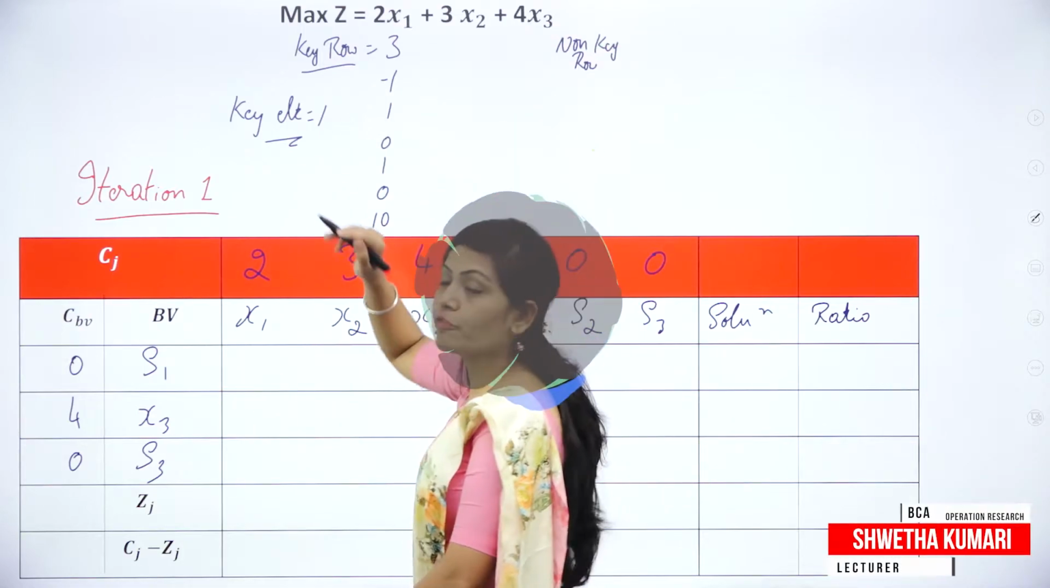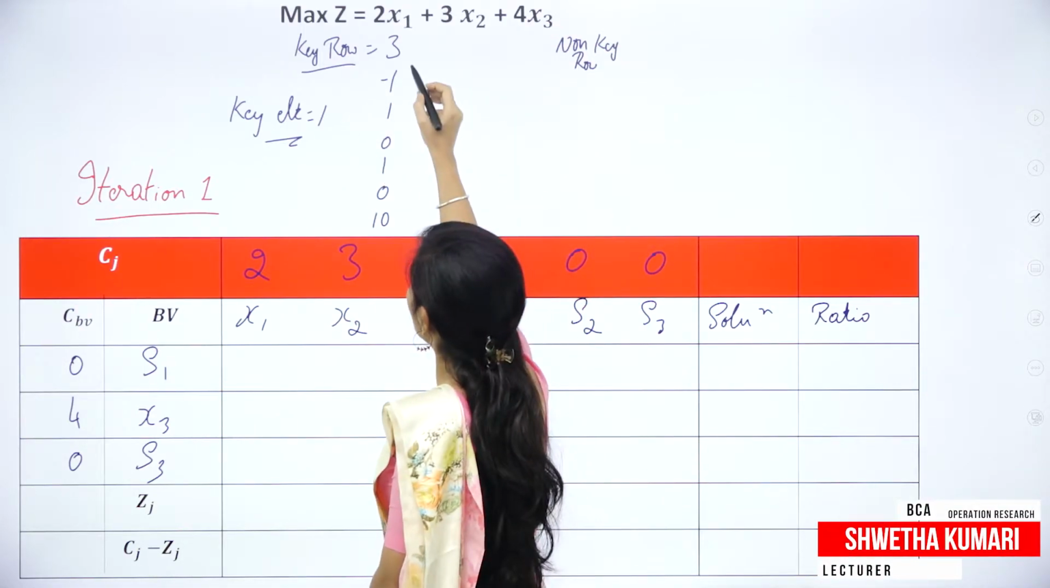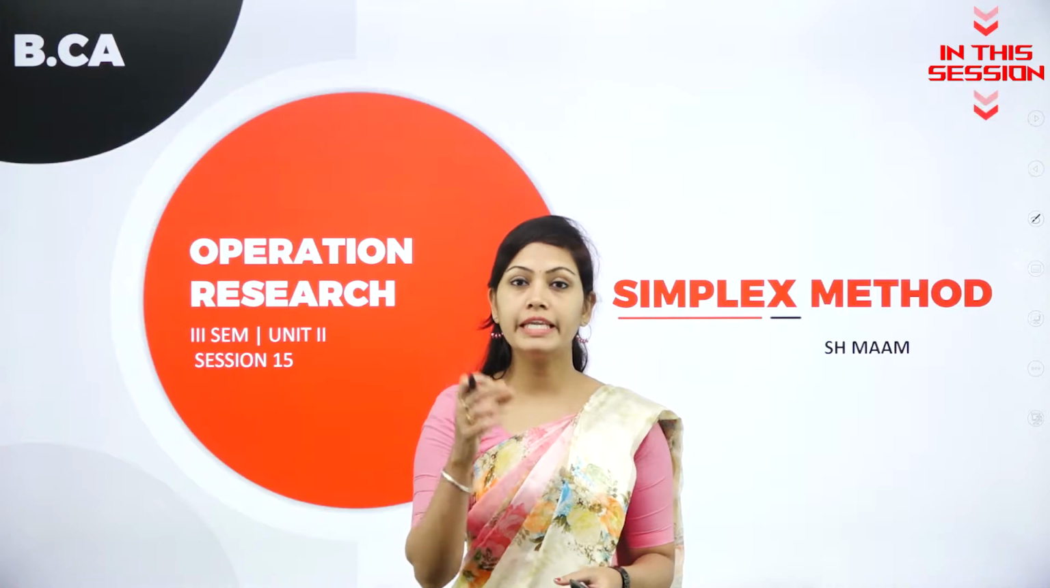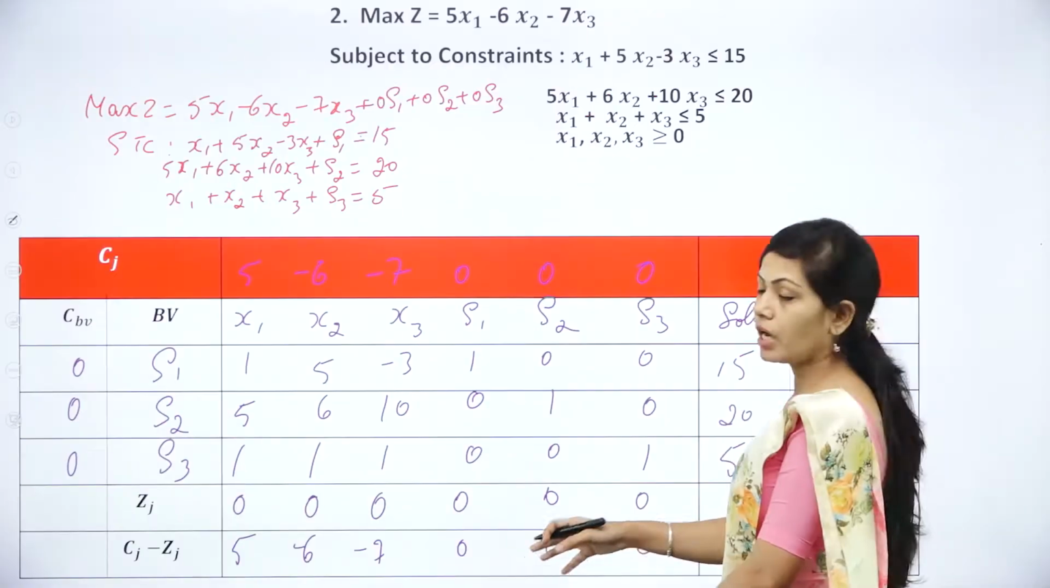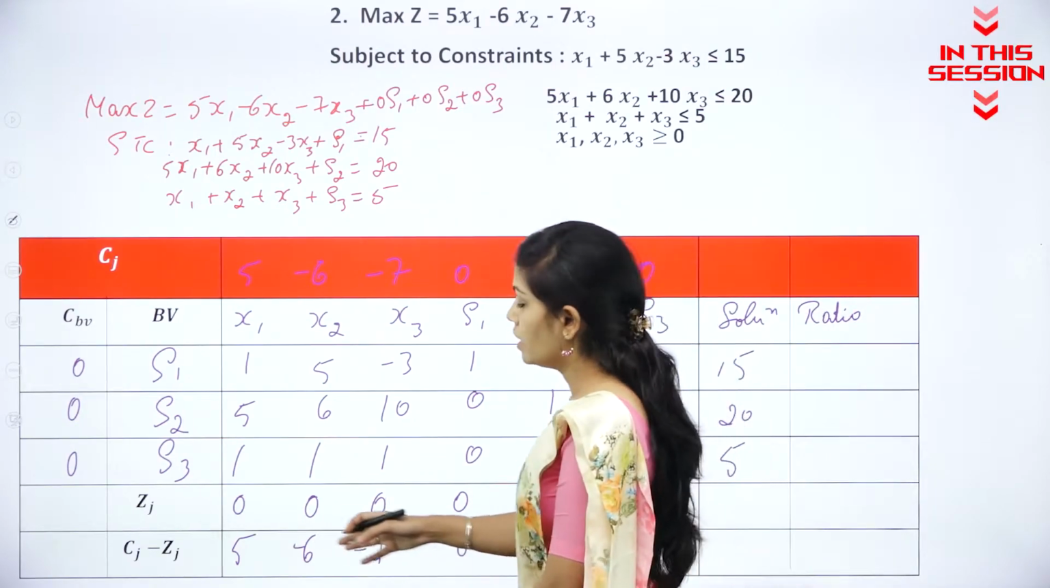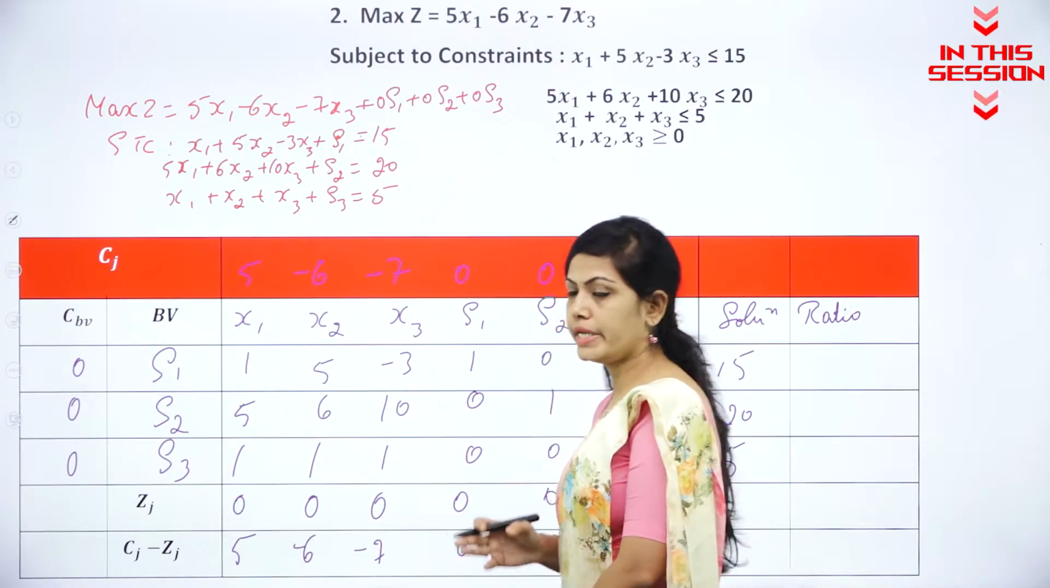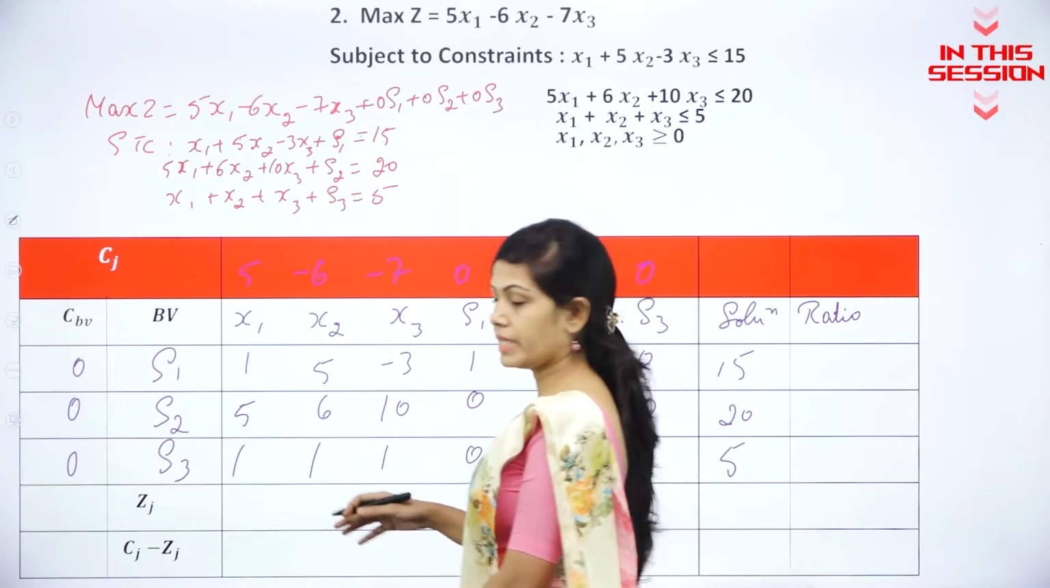So what is the formula for finding the key row? Key row is equal to, first you have to convert the inequalities into equalities by adding slack variables. So now you can cross verify whether this value satisfied the optimality or not. Now we can find Zj value. Zj value is